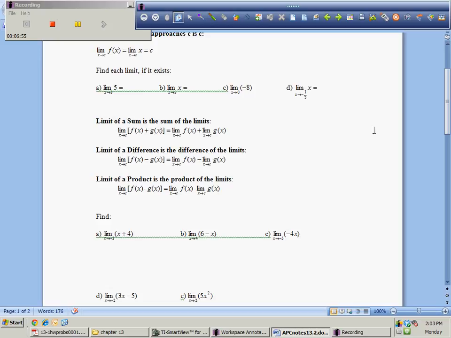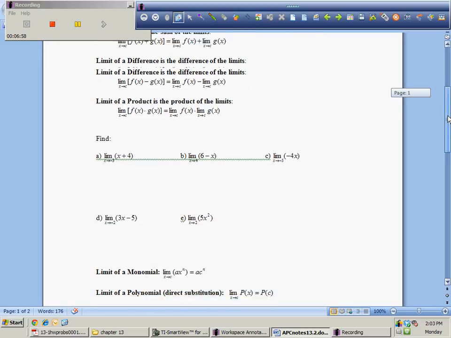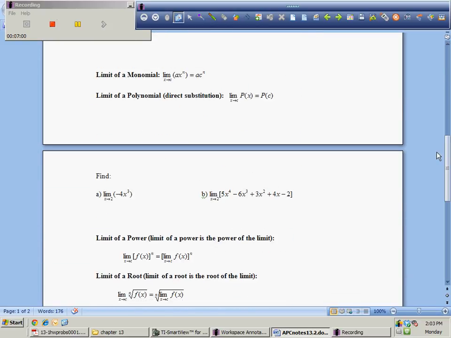Okay. So the next thing says, if I have a monomial function or a polynomial function, like this or like this, all I really have to do is plug in that number into the function and I'll get the limit, okay? And you might say, well, what's the difference between taking the limit of something and just plugging it in? Well, if it's a polynomial function,